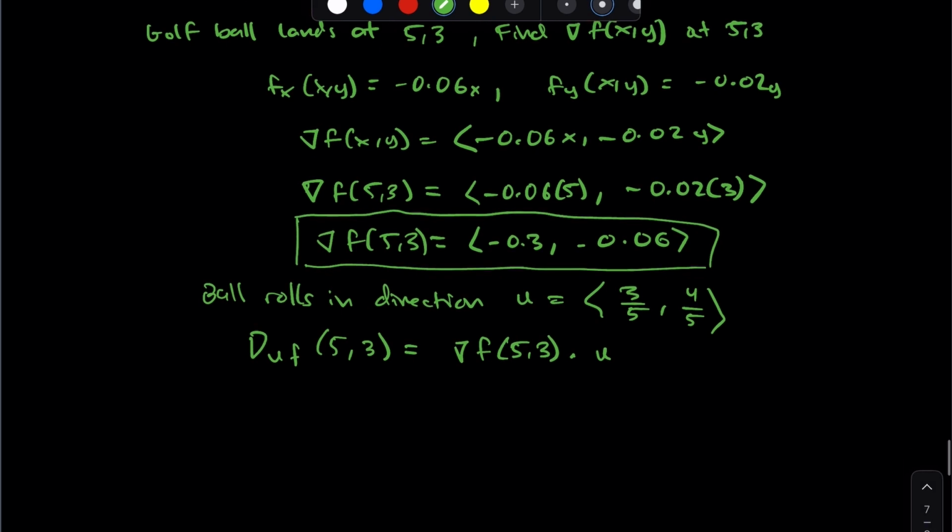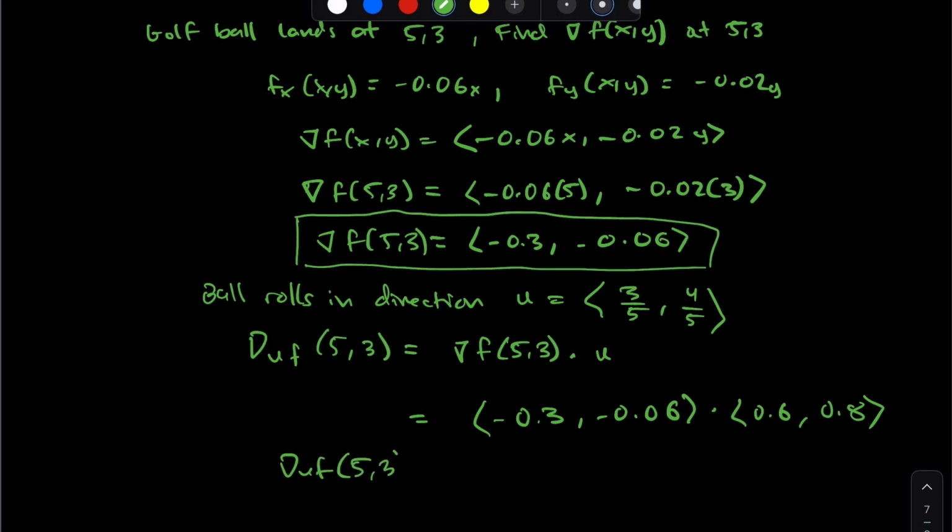And if we work this out, we get (-0.3, -0.06) dotted with (0.6, 0.8). So D_u f of (5, 3) is equal to,